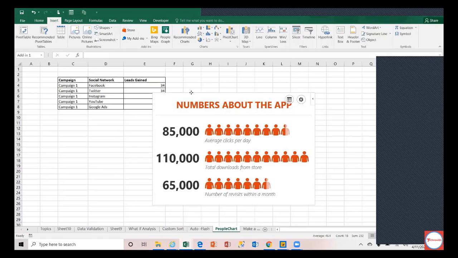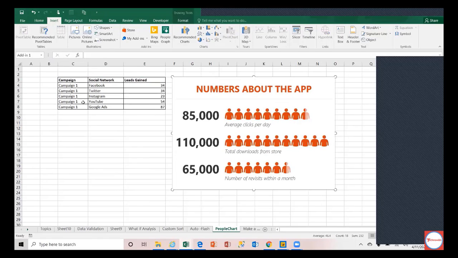This data set represents a Facebook, Twitter, Instagram marketing or social media campaign, and the number of leads generated out of that campaign. This may not be customers yet, converted, but just the leads generated who have responded, like you have responded to this training. So, responded candidates. I can represent this beautifully using a people chart.